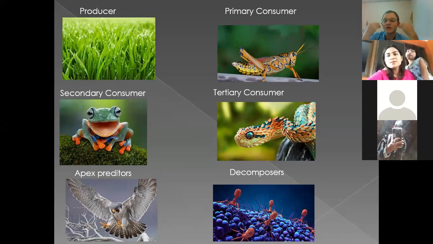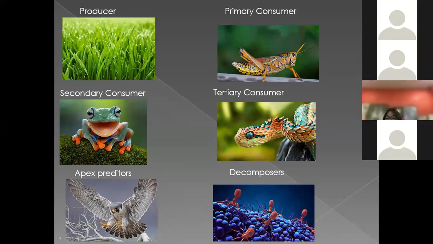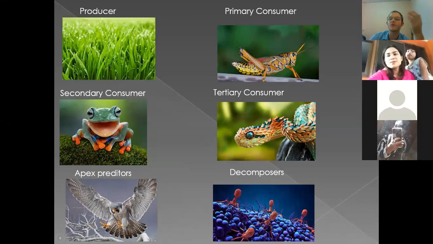So all together, I will say it, and then you say it back to me. We start with the first one, producer. All together, I want you to say after me, producer. Producer. Very good, Leon. Who else? Come, let's practice these words. These are our vocabulary words. We need to practice them. Producer.